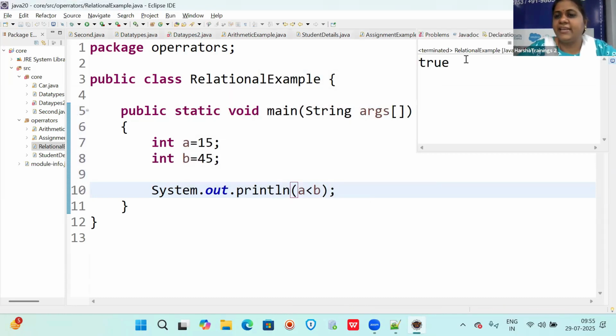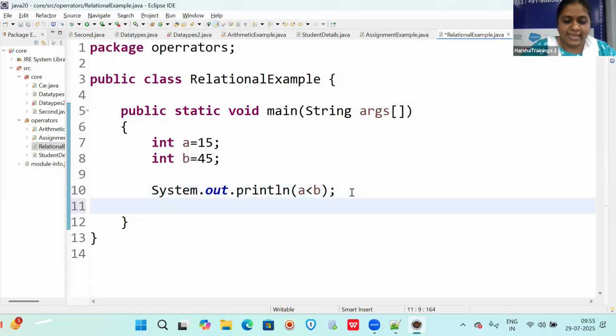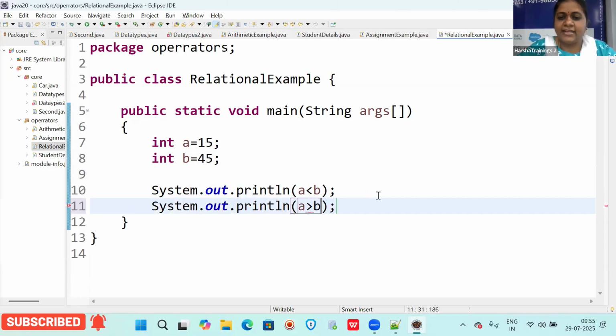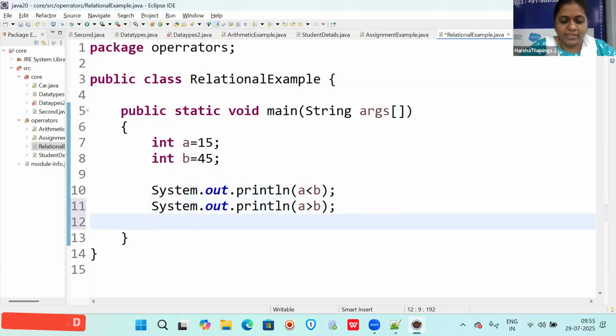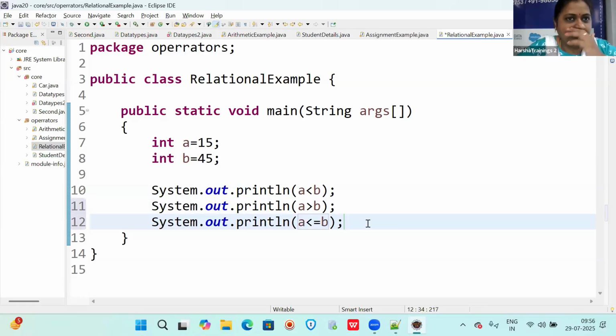So what are we getting here? True. Directly you can check like this. Again, System.out.println A greater than B. Or you can give System.out.println A less than equal to B. That can be less or equal to B also.